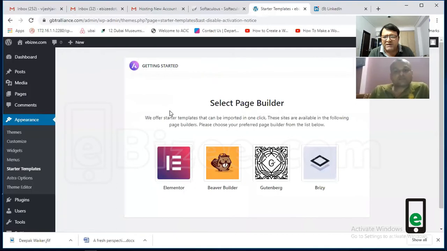It is saying that there are 4 different types of construction software to build your house. Basically they are just like your contractor who makes your house. So you have 4 contractors, and you have to choose one of them. The best contractor, which is free of cost and helps you in many things, is Elementor. Elementor is a very easy way of doing things.